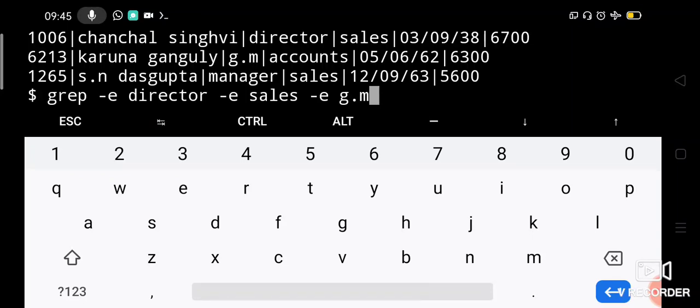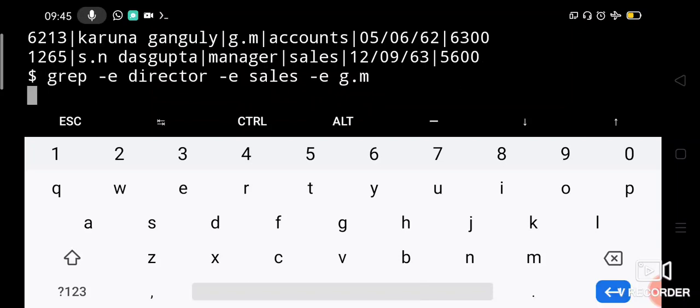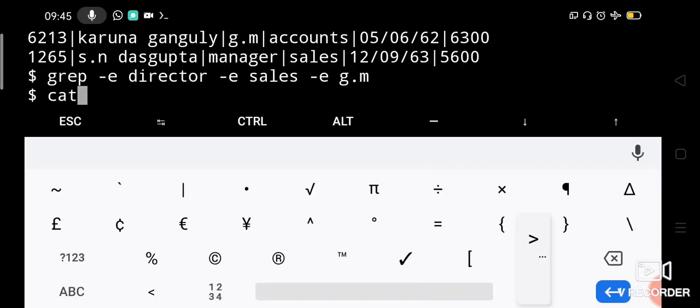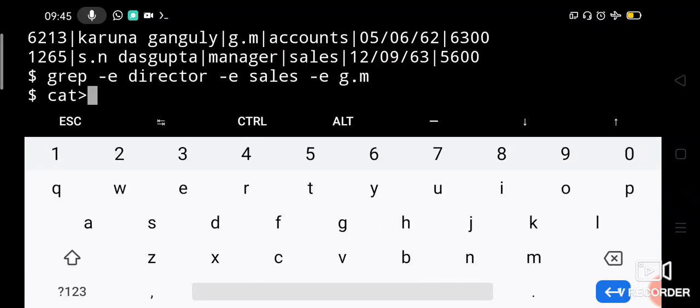The final option of grep is -f, which is used for searching a pattern which is given in a file. Okay, let us create a file. Let us say cat pattern.txt.